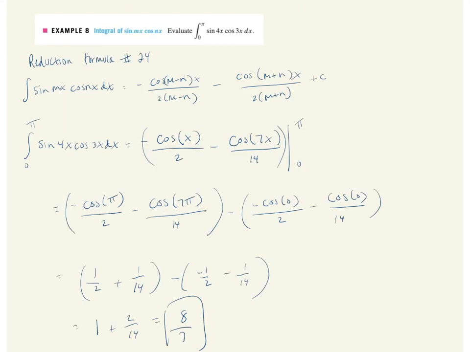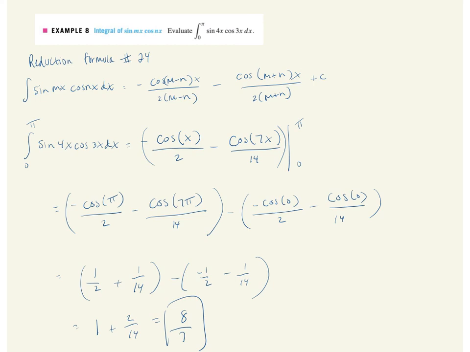Okay, one more example in this section. Now we have a sine of mx times cosine of nx, and this one uses reduction formula number 24. We're integrating specifically from 0 to pi sine 4x cosine 3x dx for this example. I've written reduction formula number 24, and I begin immediately using it. It says that, based on m being the coefficient inside of the sine and n being the coefficient inside of the cosine, I have